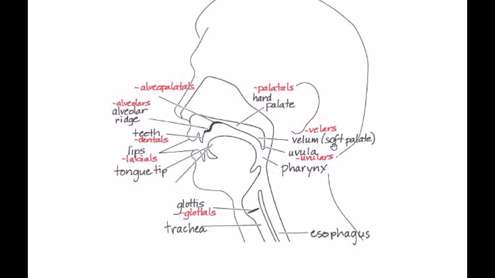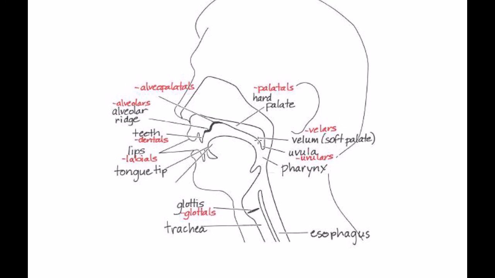The velum is also sometimes called the soft palate because it turns from the hard roof of your mouth into a soft muscle structure. The velum is really important for two reasons. First of all, it functions as the place of articulation for certain consonants. A sound like a k or a g or an ng sound in English, the base of our tongue moves back to the velum. It's also very important because occasionally